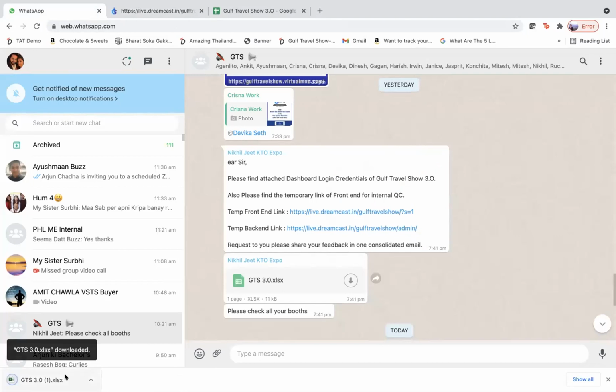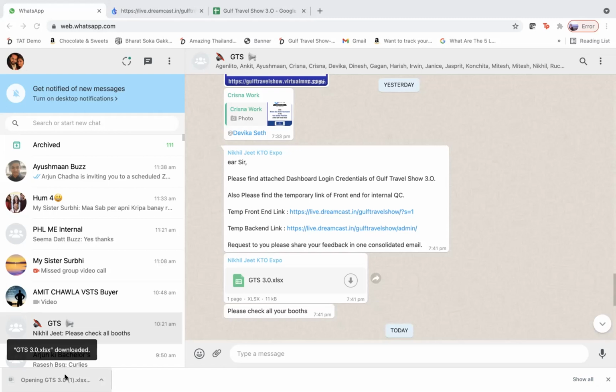So now in this Excel sheet, we have been given an ID and password. Can you see the screen, or could you just confirm, either of you? Yes, I see. Let's take an example. Let's take an example of Tourism Malaysia Dubai office, right?